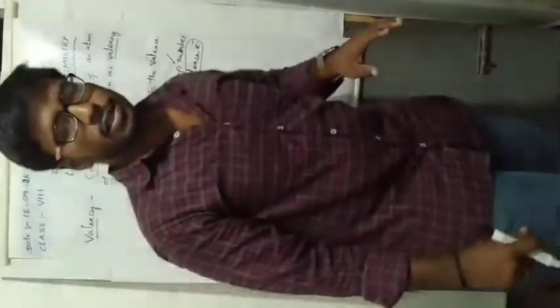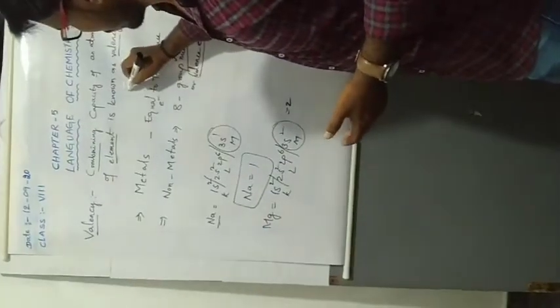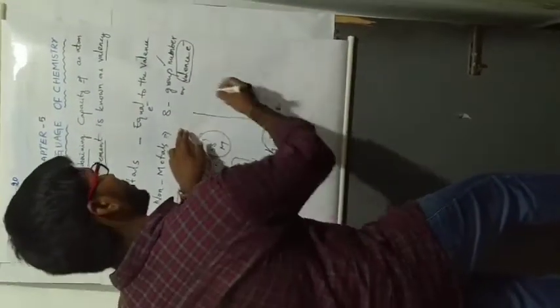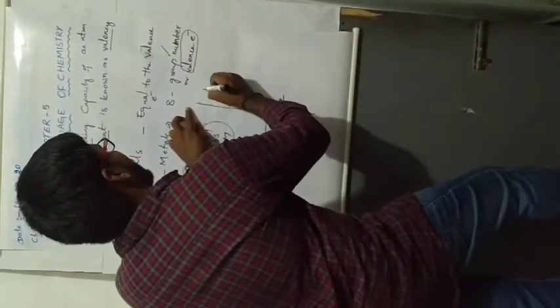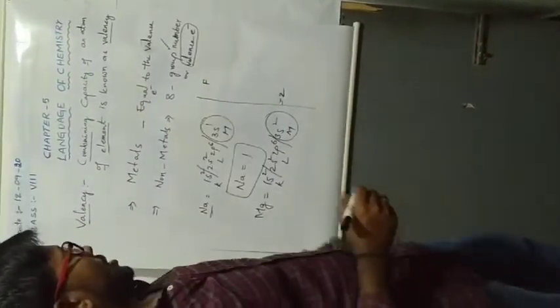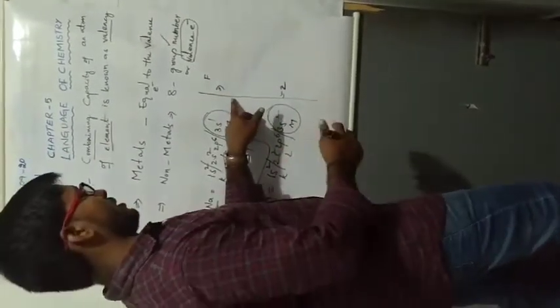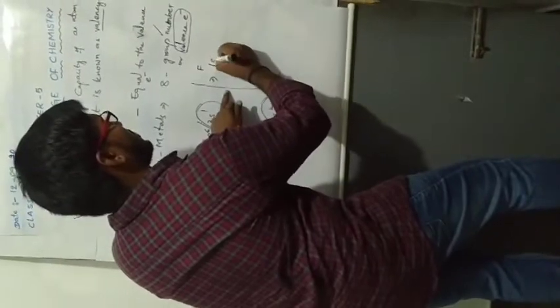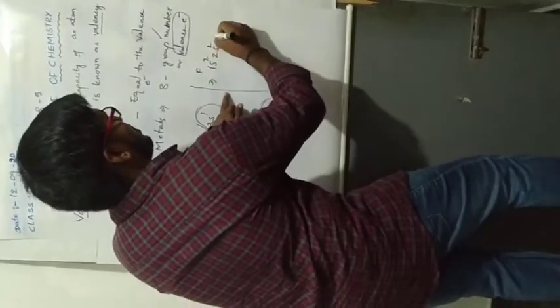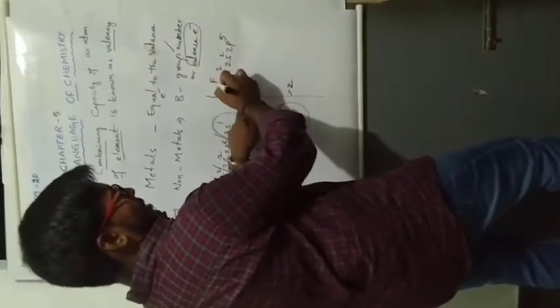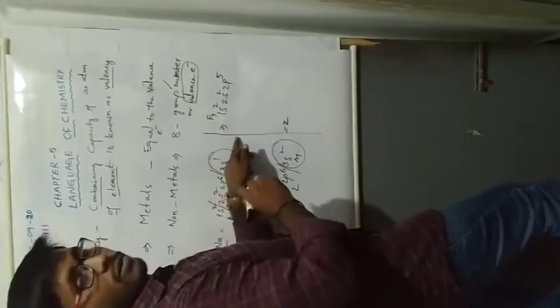In the periodic table, elements are divided into 18 groups. First we discuss the 1A group to the 7A group elements. Suppose we take a non-metal example, fluorine. You should write the electronic configuration of every element. The fluorine electronic configuration is 1s2, 2s2, 2p5. What is the atomic number? 9. The atomic number of fluorine is 9.